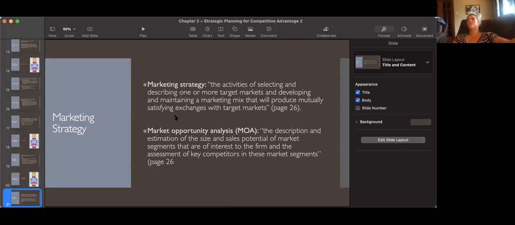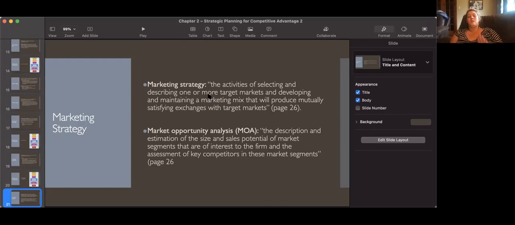Okay, cast your mind back to when we talked about what marketing is in chapter 1. We talked about how there's this exchange that takes place, right? We care in marketing about customer benefit. What can we provide the consumers that will make them happy? So yes, this is business. We want to make a profit, or else why are we doing this? However, marketing strategies outline the activities that target a certain group of people that provide this exchange that's mutually satisfying.